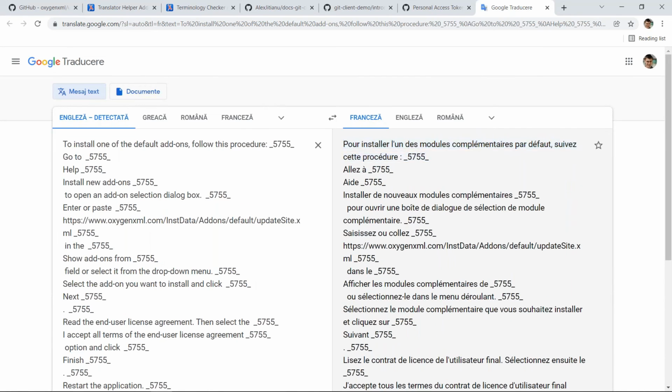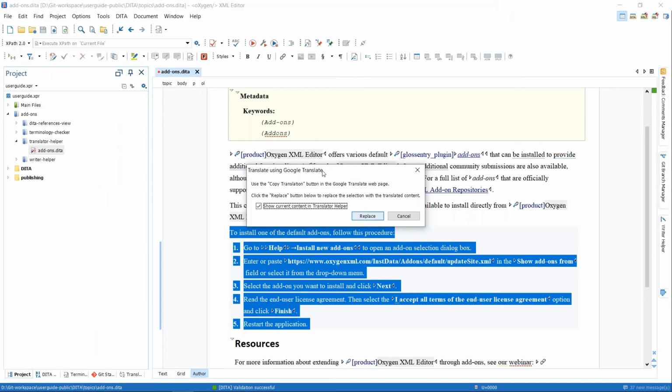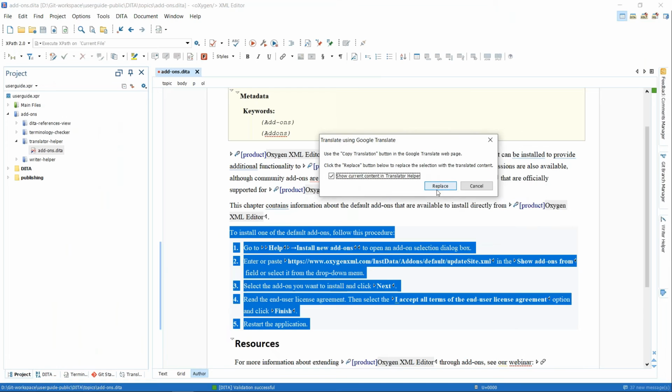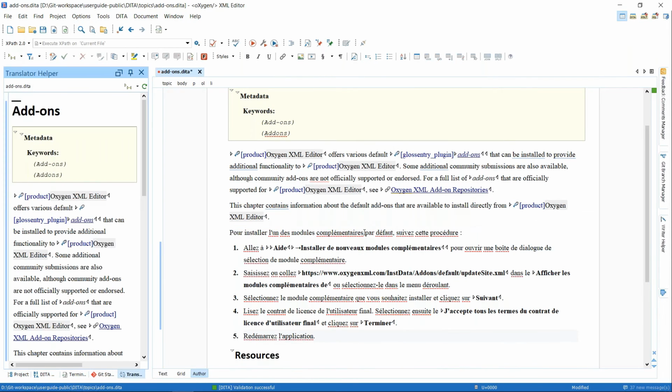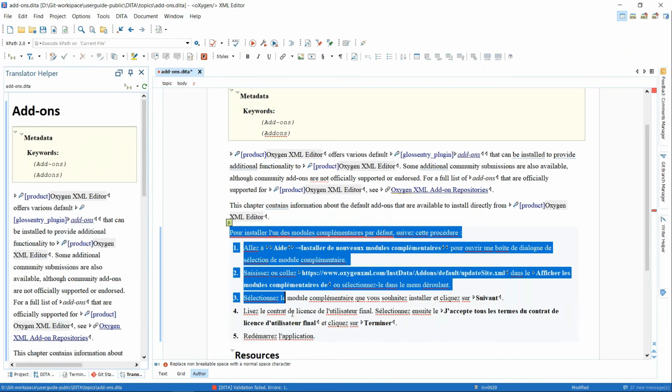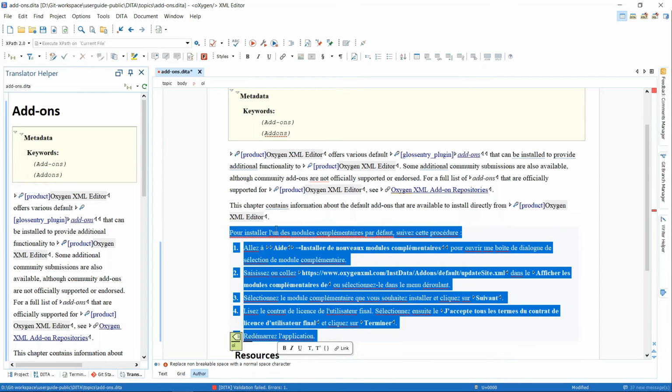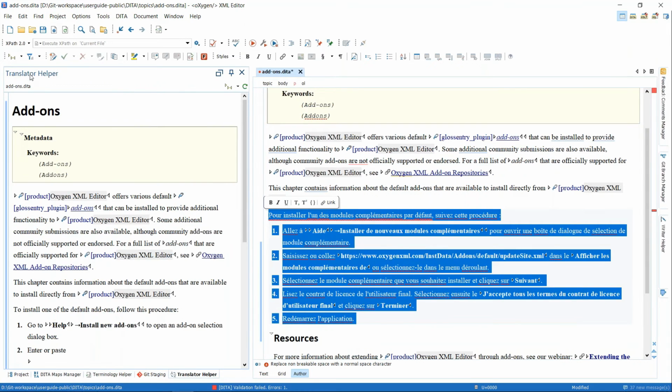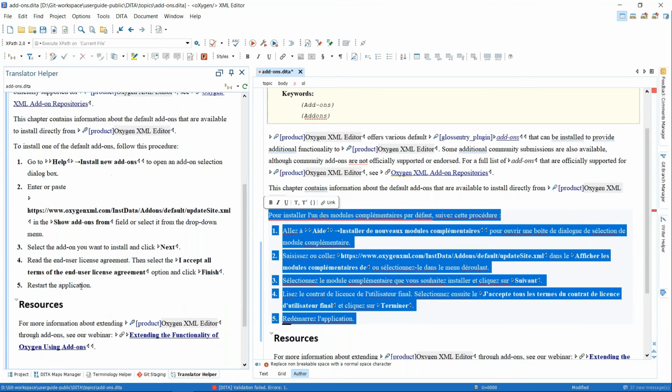These strange characters that you see here in the translations are markers that we put there so we can perform this replace. So now we click replace, and this section has been replaced with the French version, and we also have this view, called the Translator Helper, obviously, which